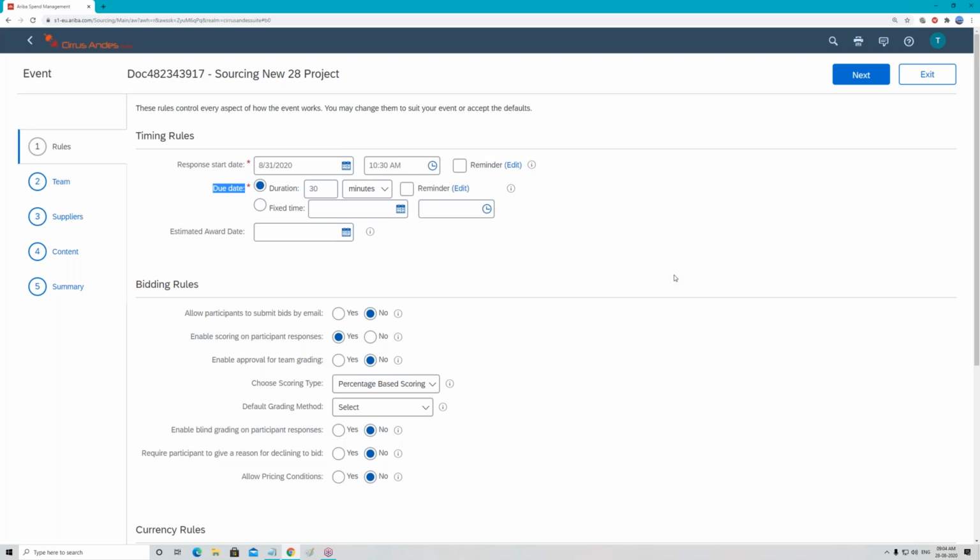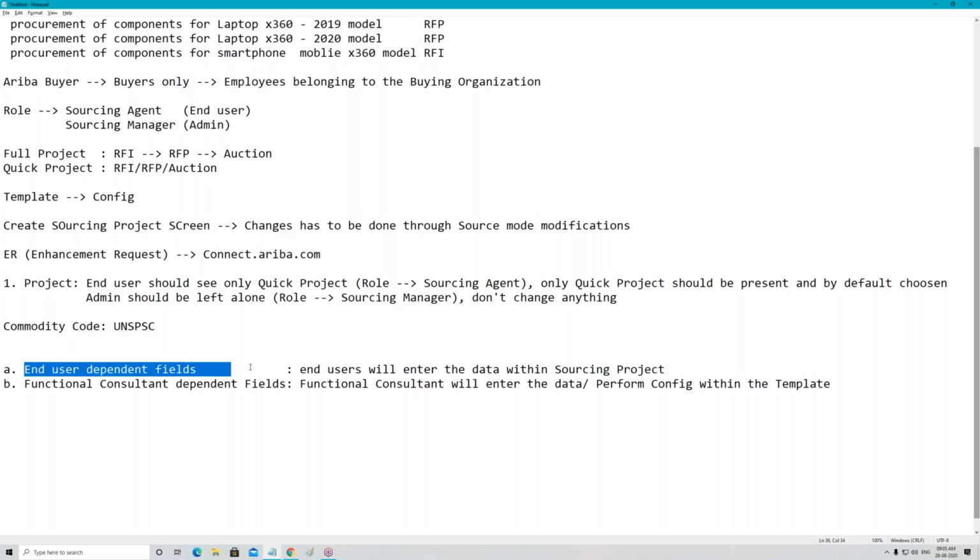So what will happen on 1st September? Whenever an end user creates a sourcing project from my custom template, they will immediately get an error: Response start date cannot be in the past. So always remember, as a functional consultant, we should not configure fields which are dependent on the end user. That will be equal to hard coding.